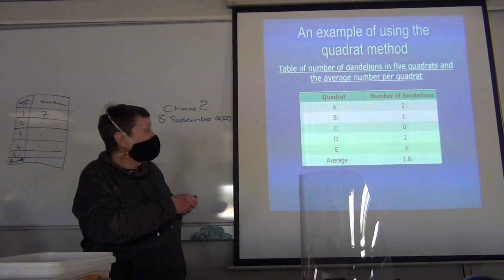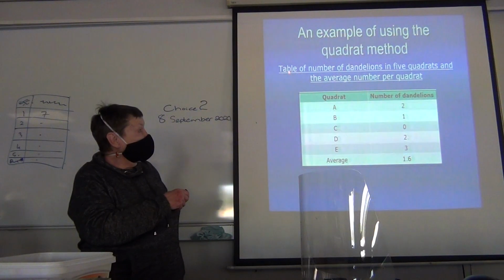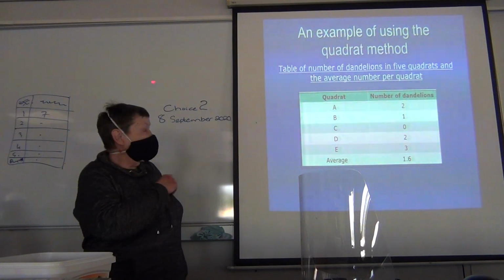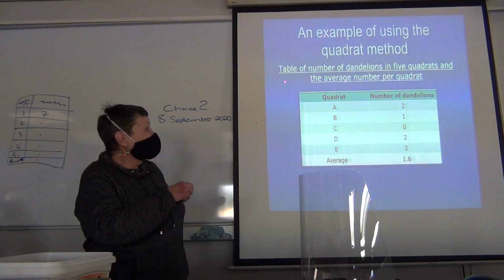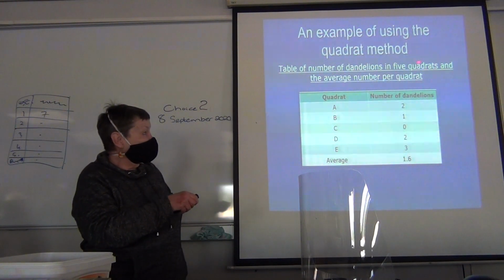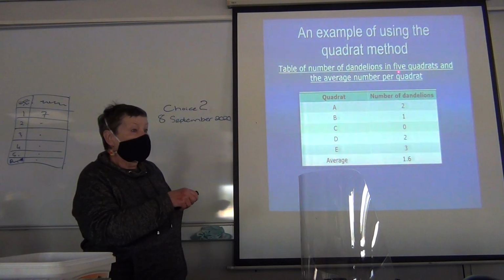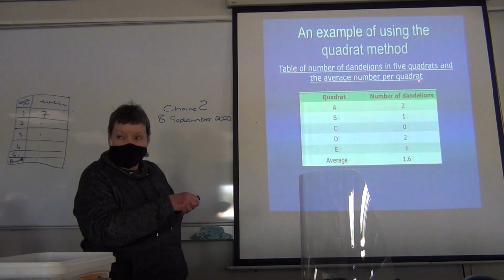Okay, so here, remember it's a table of results. You would give it a proper heading. So the table of number of dandelions in 5 quadrats and the average number per quadrat. The first person who says quadrant